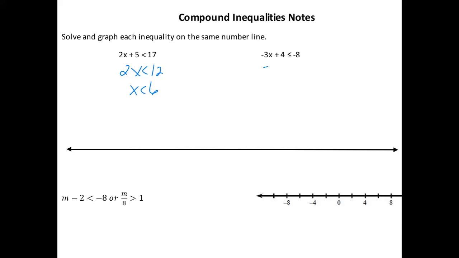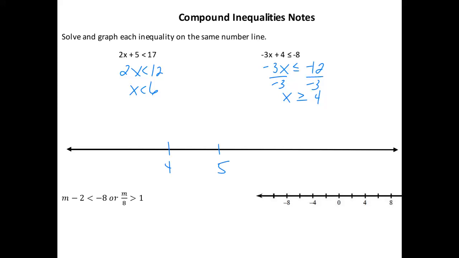Over on the right-hand side, there is one difference in solving inequalities that we don't have to worry about with a regular equation, and it happens in this one, and that's the sign flip. When I do this right here, I'm dividing both sides by -3. I have to make sure that I flip my inequality sign, and in this case, I get x is greater than or equal to 4. So if we just put a real quick number line on here,